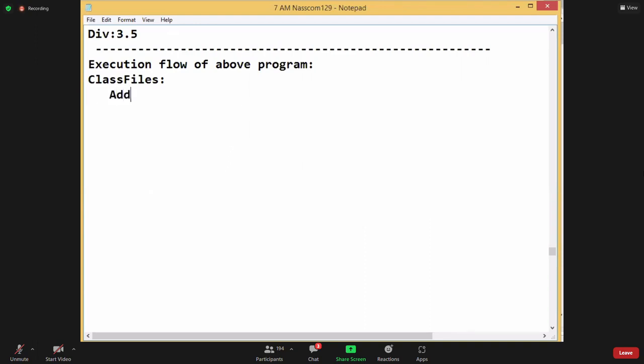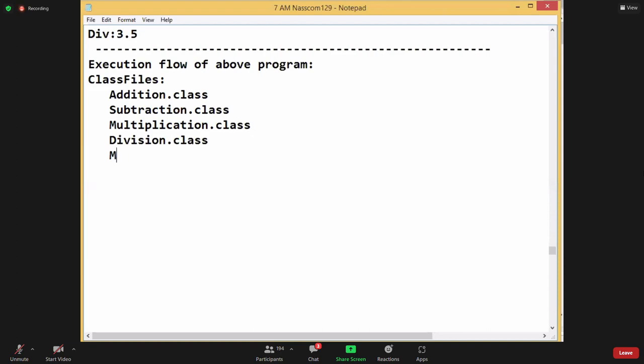Separately: one addition dot class file, one subtraction dot class file, one multiplication dot class file, one division dot class file, and one modulo division dot class file. 1, 2, 3, 4, 5, and one is demo methods 5 dot class file, and this is the main class. Understood this one? These are the 5 subclasses we come. So when I go to this,